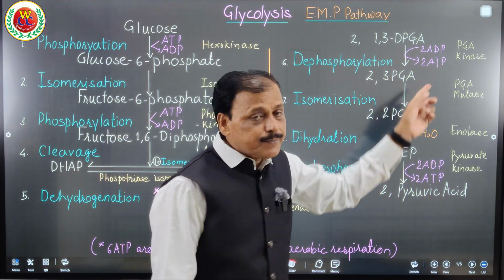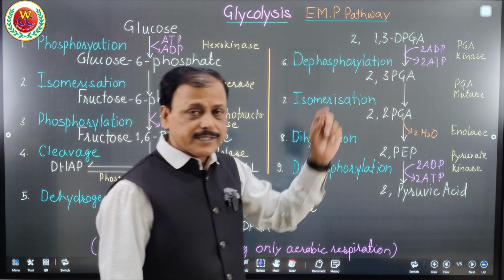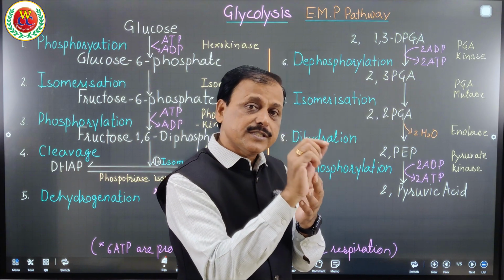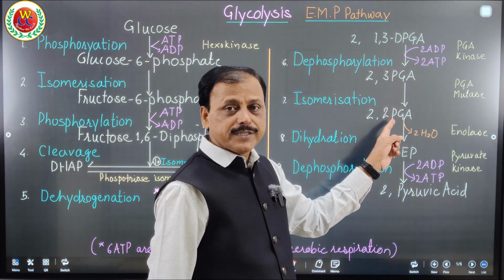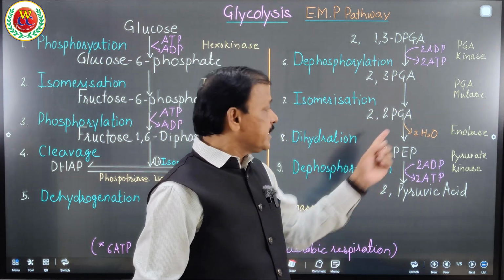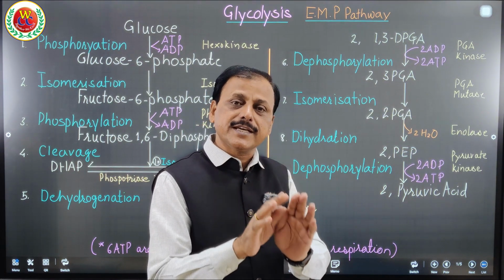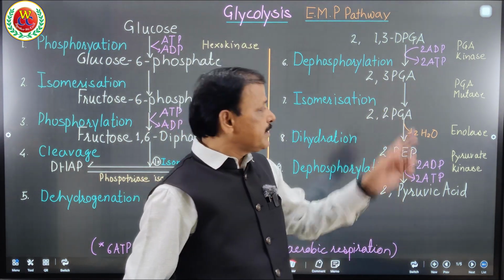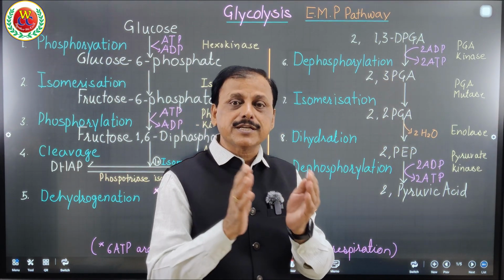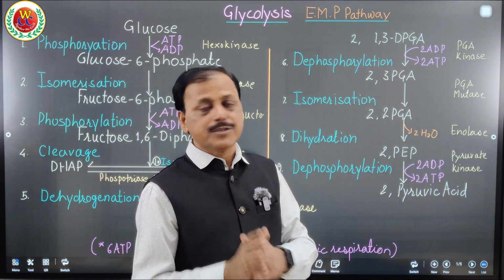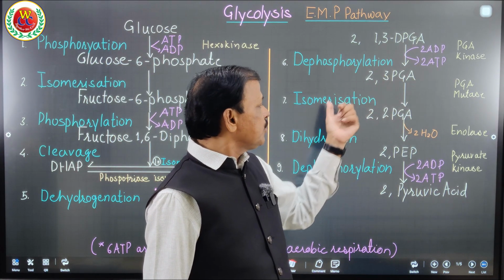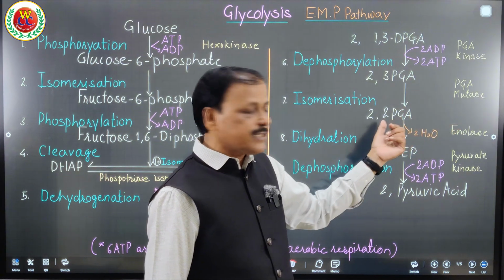Now these 2 molecules of 3-PGA undergo isomerization. That means phosphate from the third carbon is shifted to the second carbon. That means 3-PGA becomes 2-PGA. The phosphate which was attached to the third carbon of PGA is transferred to the second carbon of PGA. Structural formula is changed, chemical formula is the same. That means 2-PGA is an isomer of 3-PGA. What are isomers? Those whose structural formula is different but chemical formula is the same. So here the same thing. So 2 molecules of 3-PGA undergo isomerization in the presence of mutase enzyme to produce 2 molecules